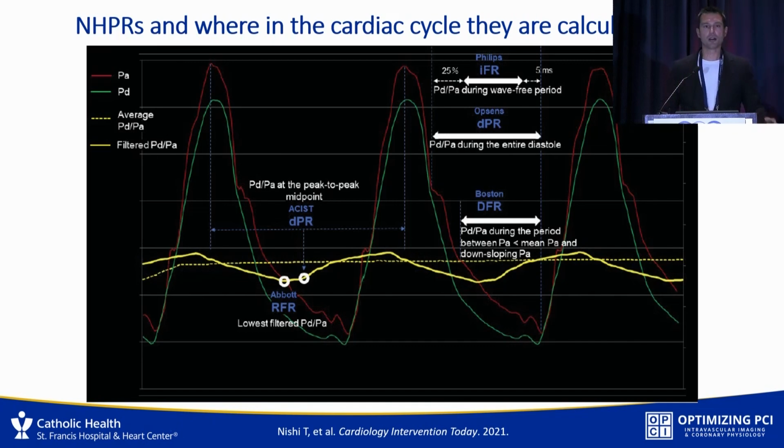Perfect. So adenosine, if you have any experience with it, has a number of limitations, just the time it takes and a lot of side effects with patients. So there's been a big push and transition to the non-hyperemic pressure ratios, or NHPR. Every company has their own non-hyperemic pressure ratio, with different